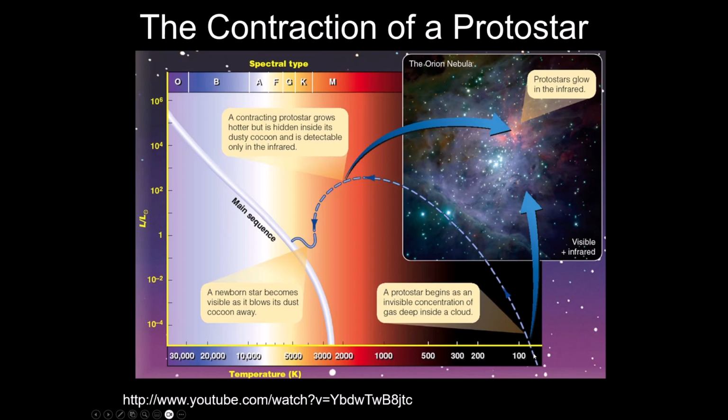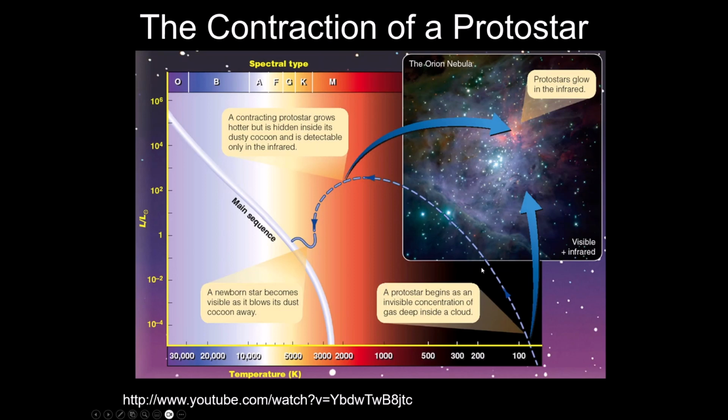But initially, this protostar is going to start off as some very cold, very faint clump of matter. And as gravity starts to compress that down to a smaller shape, we will see it get hotter and brighter, right? That's the release of the gravitational potential energy. That continues on for a while. By the way, this process has taken millions of years for most stars. For our sun, I'll talk about this a little later in the lecture, the whole process is about 30 million years. For humans, that's long. For stars, that's kind of fast, actually.